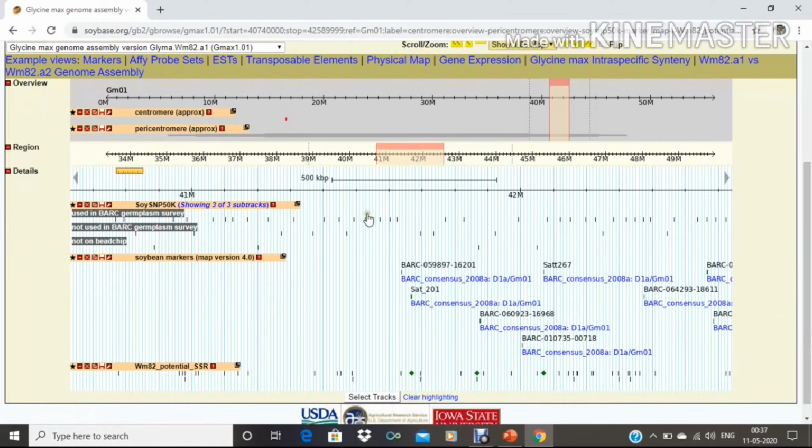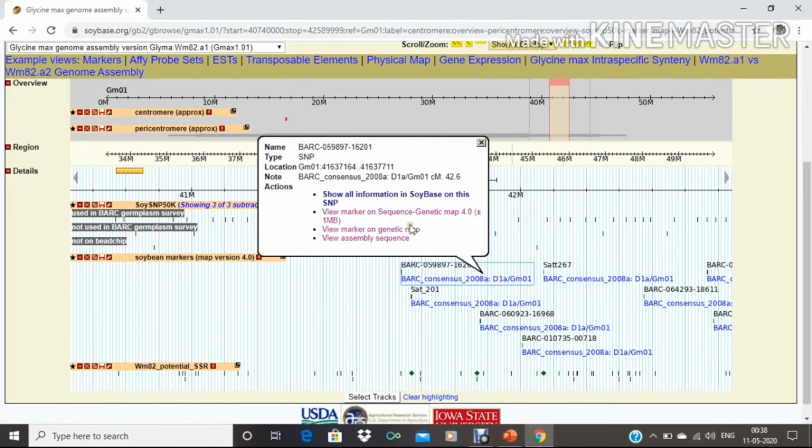Here we are able to see these black vertical lines. These are the SNP markers in the specific gene location, and distances here are given in Morgans. And by clicking any SNP which is in blue color, which is already characterized, we will get all the information related to this SNP.